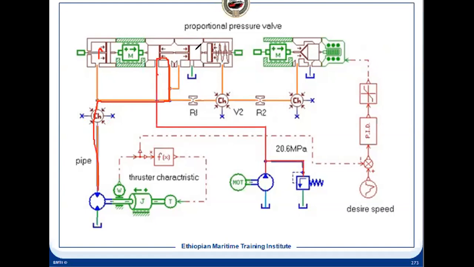For example, how much will it be open? It will not be fully open, it will be partially open. If a high displacement is required, at that time it is maximum open, and minimum open when a low displacement of the motor is needed. So accordingly it will throttle.